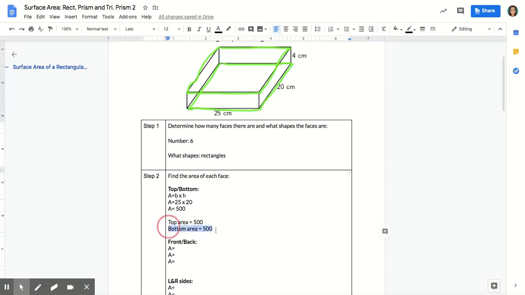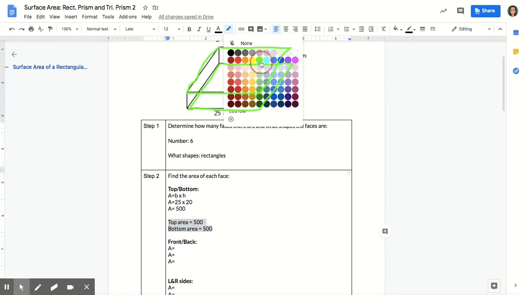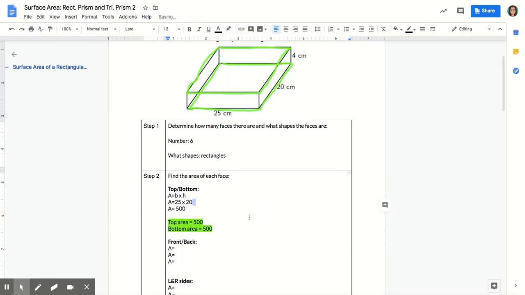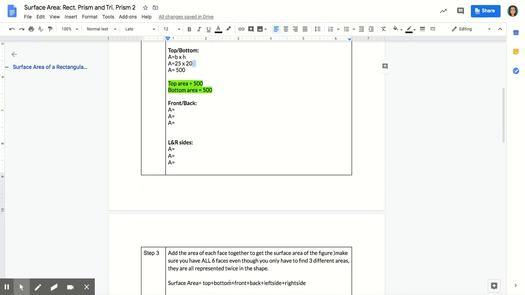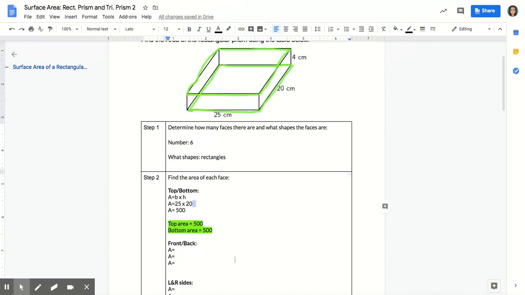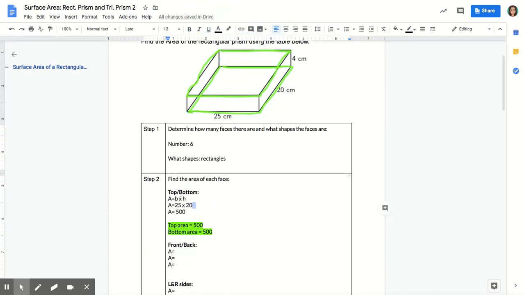This is going to be important to remember when we go back and take a look at when we're adding the areas together in step 3. Okay? So now we found the top or bottom area, and we only had to do this calculation once because we know that if we find the bottom, the top is the same. So we found the bottom is 500, and we know the top is also 500. Okay? Now let's take a look at